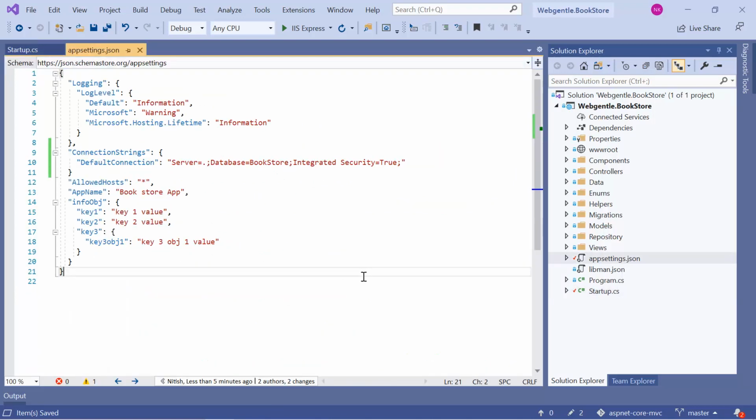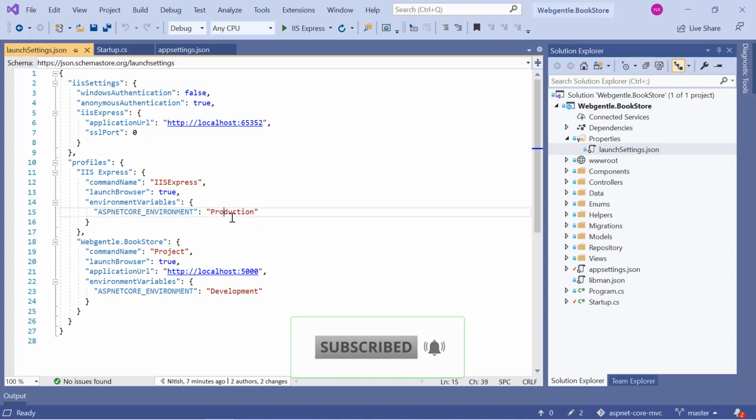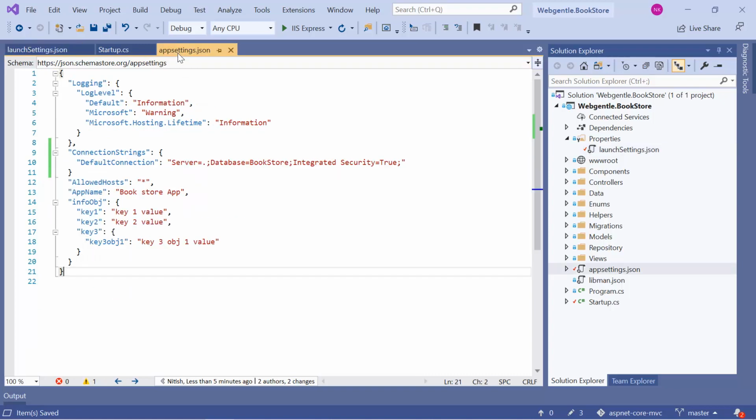Now if you are using different database for each environment, then you can create a new connection string field in all of these files, and based on the environment variable you can work with your database. So right now if I open this properties, launch settings, then we are using this production, so I'm going to update this one with development. Again, remember, we do not have any hard-coded string in our project. We have only defined it into our app settings.json file.